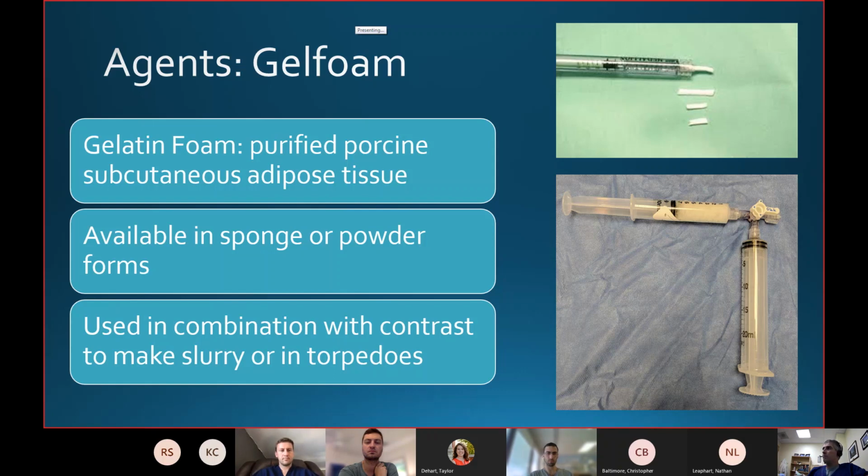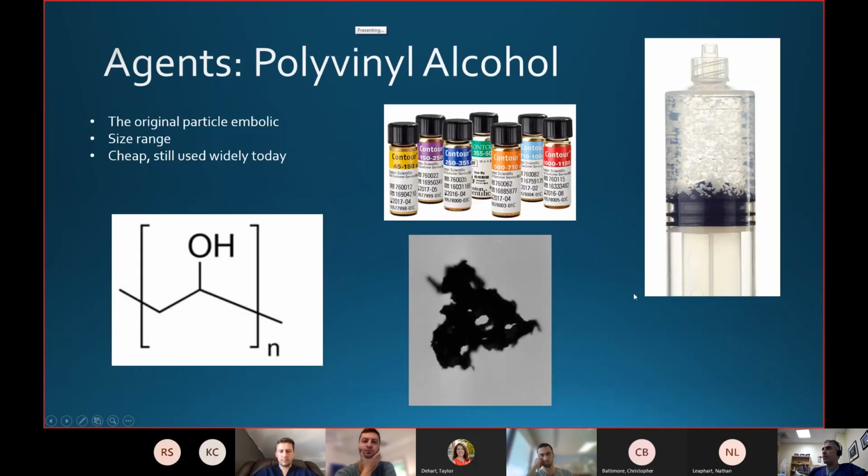So we use it very often in trauma, and it's also a really useful adjunct when we have to put in coils. I'll talk more about that in a minute. So after gel foam came into the scene,